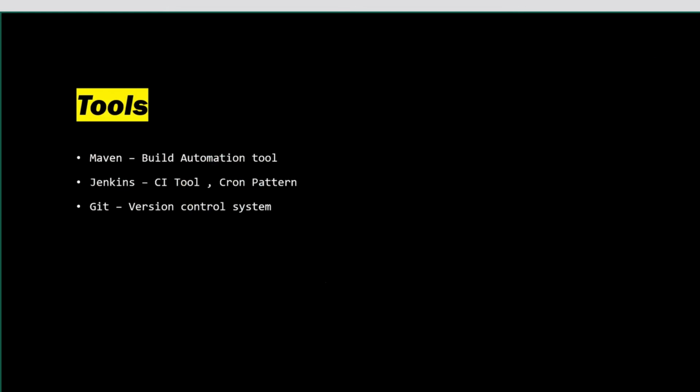So what is Maven? Maven is your build automation tool. Build automation tools mean everything that should be capable of running your Java project. I'm giving the example in terms of a Java project because we will learn Java.